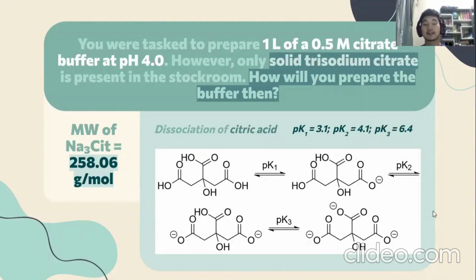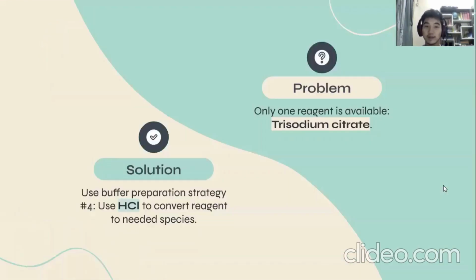First, we must analyze the dissociation of citric acid, which is a triprotic acid. It has 3 pK values at 3.1, 4.1, and 6.4, and this is the dissociation pattern of citric acid. So the problem is that only one reagent is available, which is trisodium citrate. And so our solution is to use buffer preparation strategy number 4, or using HCl to convert the reagent to